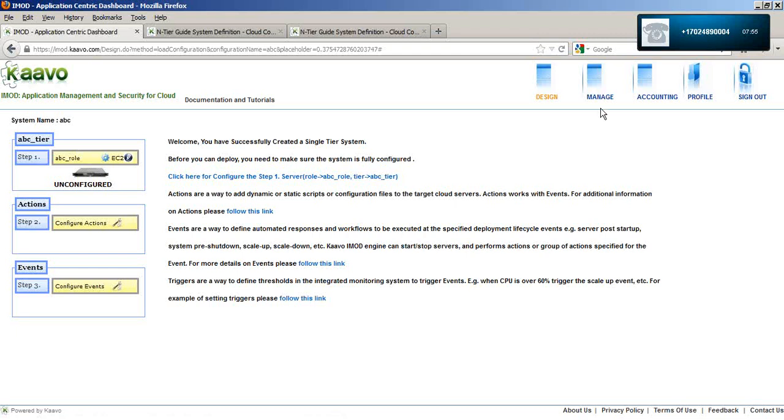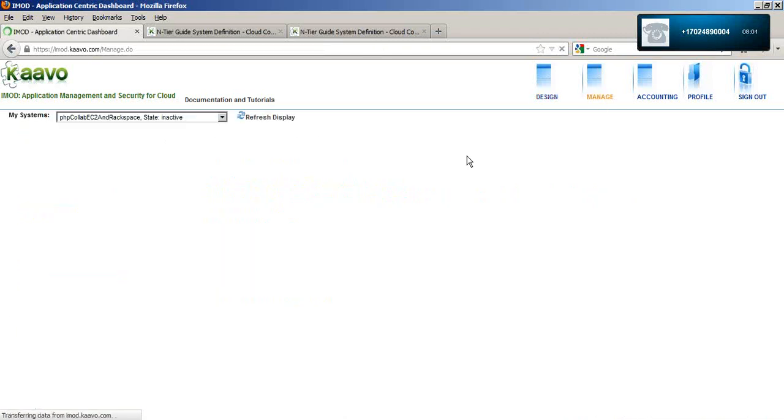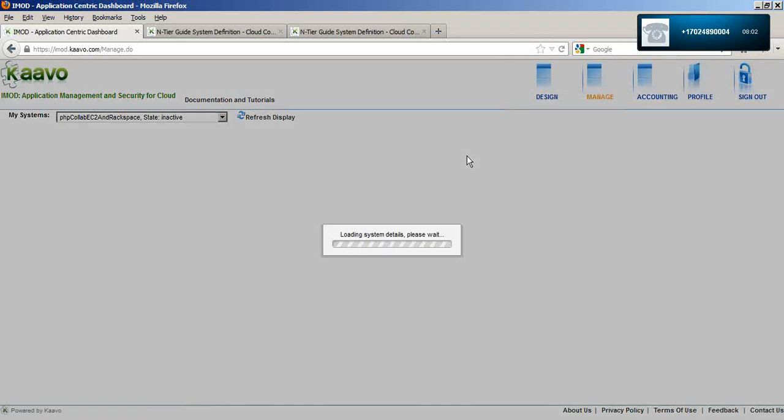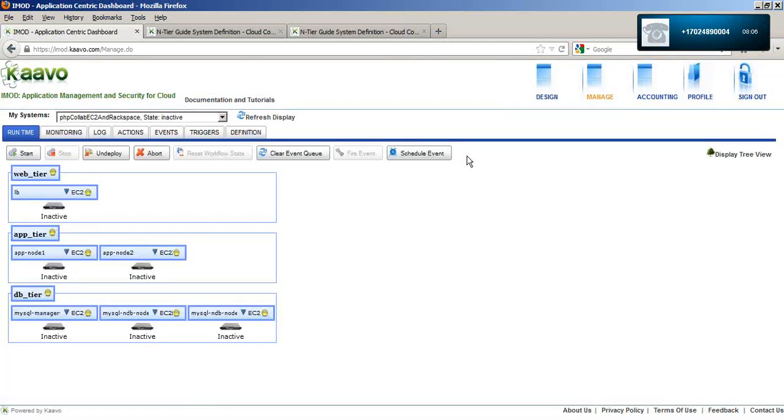Now let me go to the manage page. In the manage page, where we see only configured systems, only the switch provider feature is available, and it allows switching to only configured providers.